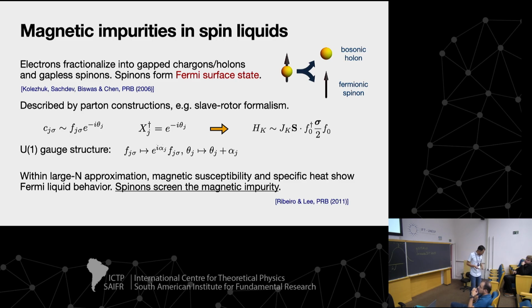So this idea has been tested experimentally by trying to measure the contribution of impurities to magnetic susceptibility. Some things agree with the theoretical prediction of a Fermi liquid behavior, some don't. And when it doesn't, you blame it on the interactions mediated by the gauge field, right? So it's kind of a complicated story here.